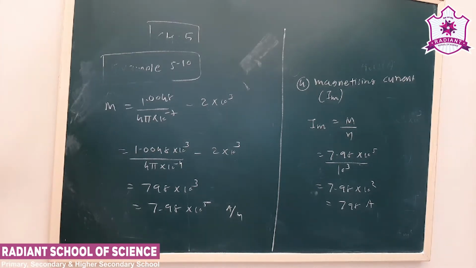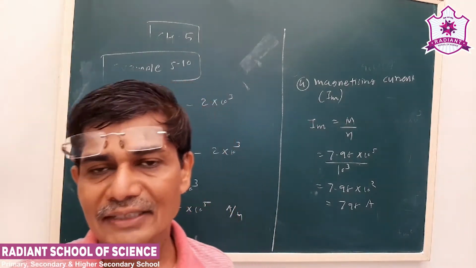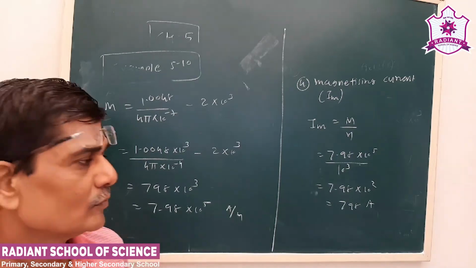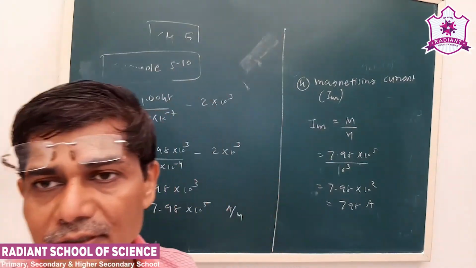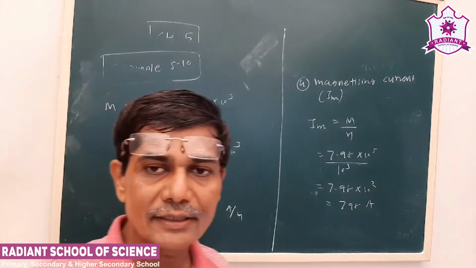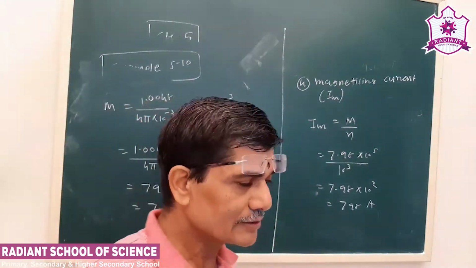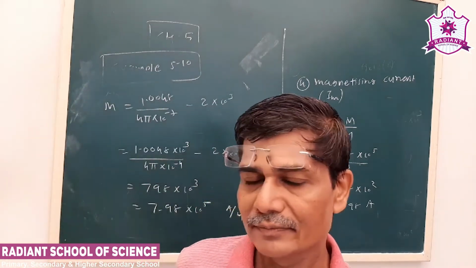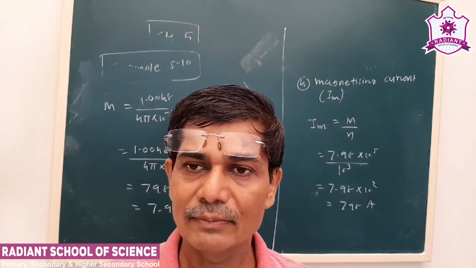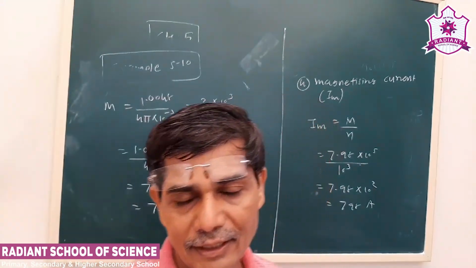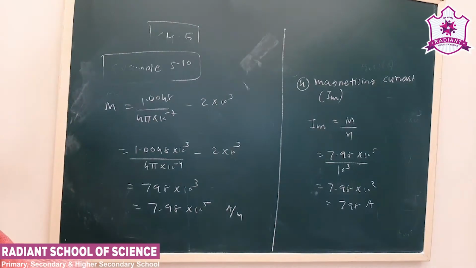What is the meaning of this? Suppose we do not place the magnetic material inside the solenoid. Only we have to change the current and we have to obtain the similar magnetization. What should be the additional current that is to be passed through the solenoid so as we get the required magnetization? You can see here the 798 ampere is a very large value. Why? Because our conventional current in household application is limited to a maximum of 15 ampere. So such a large value of the current is not possible.